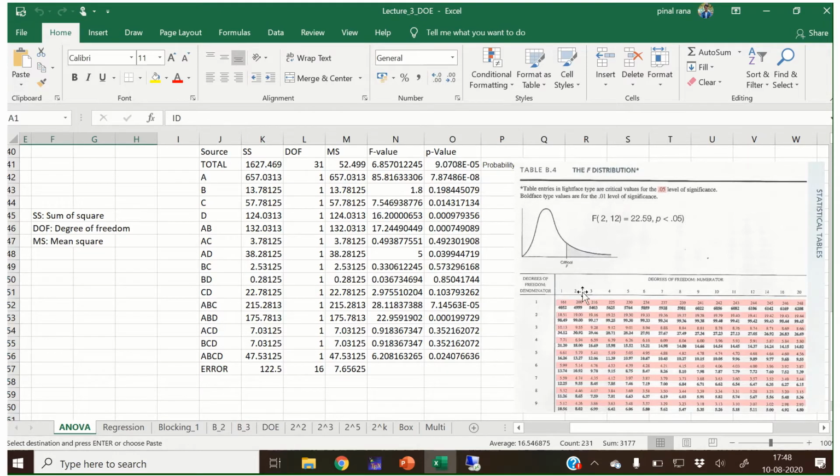So if the value obtained from the table is greater than this p value, then it falls in this particular range, and we have to ignore that particular combination.